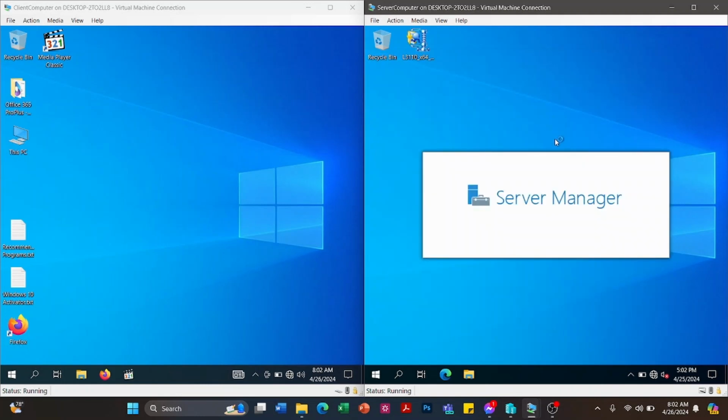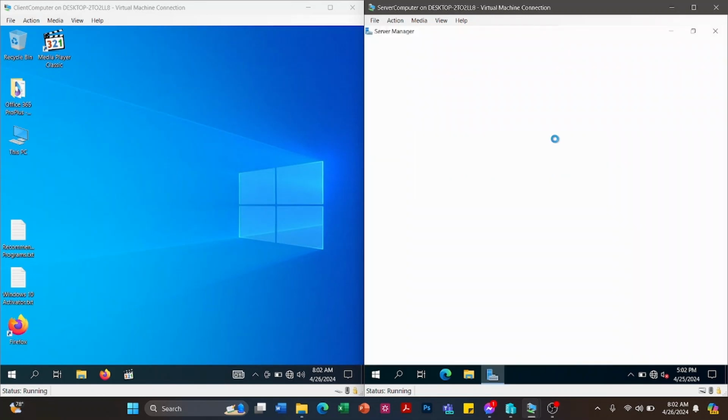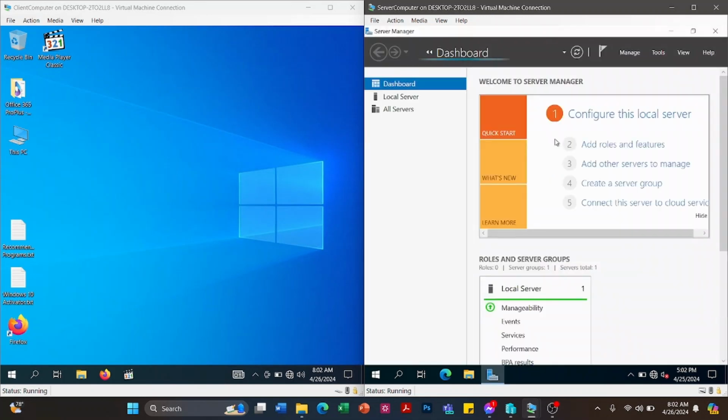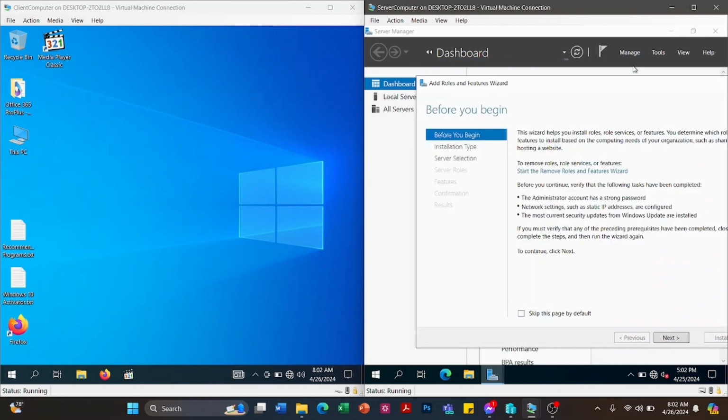In ADDS and DNS, we are able to create a new forest or a domain for our network. As per instruction, we're going to create a ginebra.local domain name. So let's go to Manage, then Add Roles.